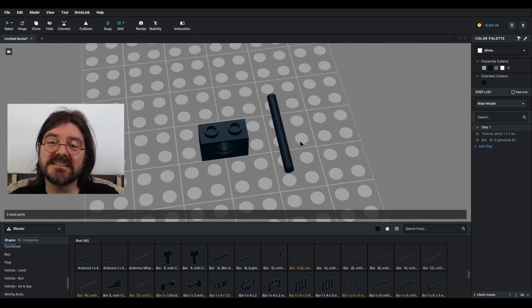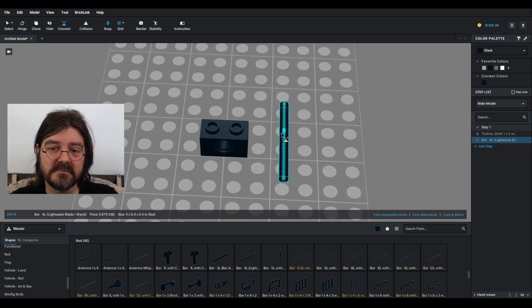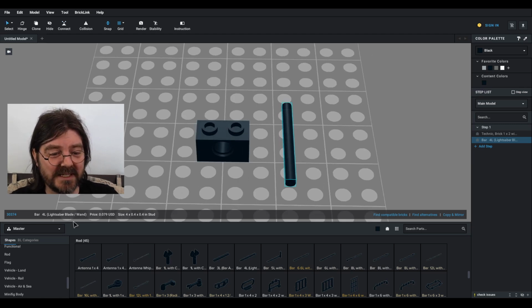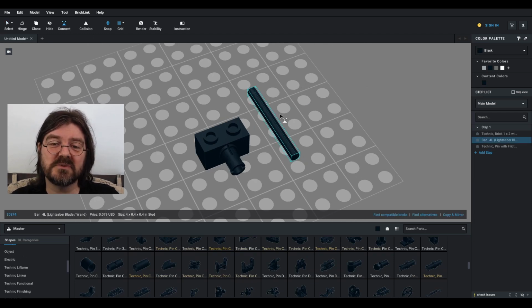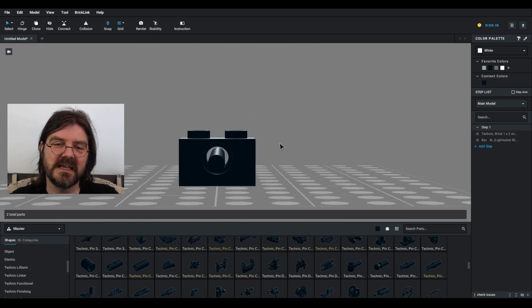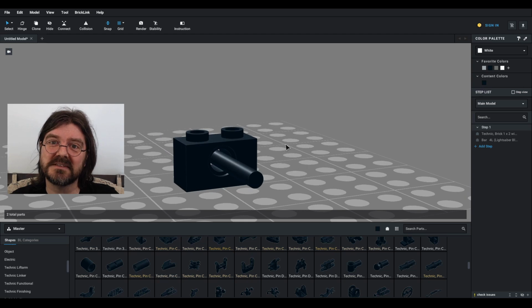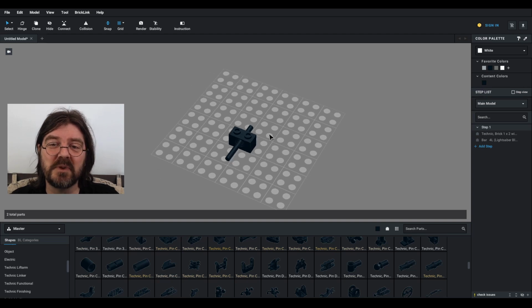The next one I want to show you is how to get a rod to go through the middle of a Technic hole. If we use the connect tool, it doesn't work. But if we grab a pin and then we use the connect tool to push the rod through the pin and then delete the pin, we have the rod going directly through the center of the pinhole. I'm sure you can find lots of other uses for the connect tool. It is, as I said, a very versatile tool, so go and play around with it and see what you can come up with.